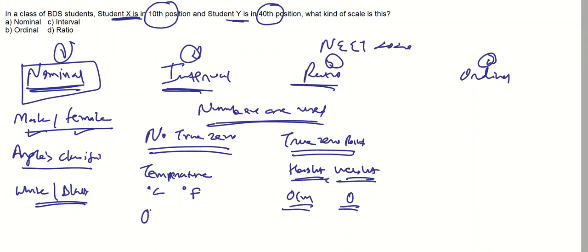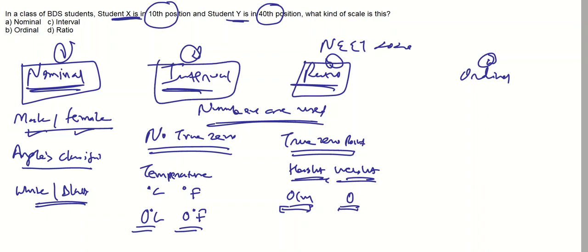But even if you are calling it 0 degrees Celsius or 0 degree Fahrenheit, it doesn't tell a true 0. Even 0 degrees Celsius is a temperature, 0 degree Fahrenheit is a temperature, right? But if it is a 0 centimeter height or 0 gram or milligram of the weight, it means it is not existing. So in that way, if a true 0 point is there, we'll call it a ratio scale, and if there is no true 0 point, we'll call it an interval scale.